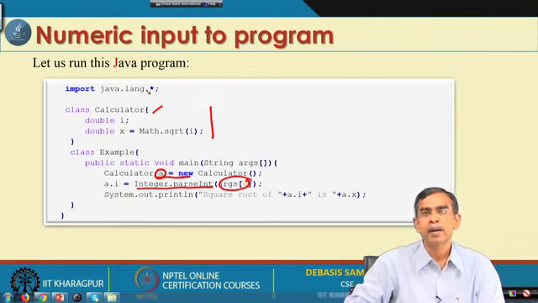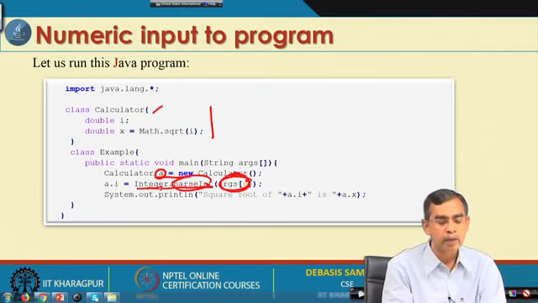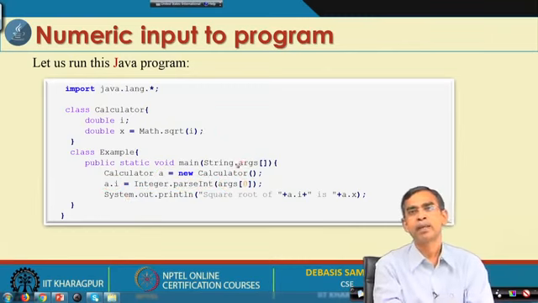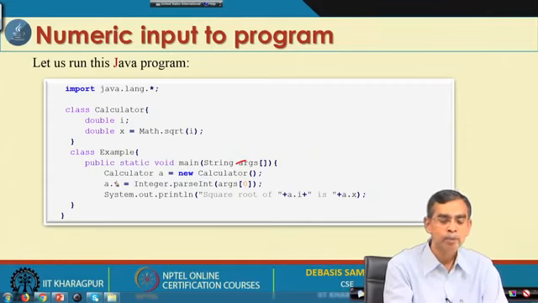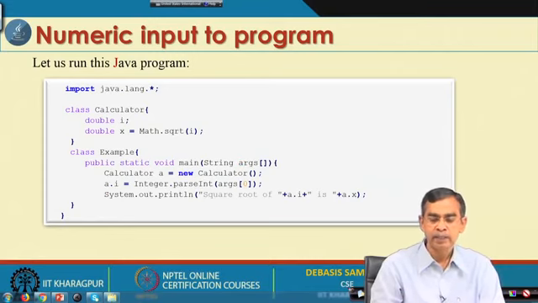So, Integer.parseInt basically takes a string object as an input and parses it, and after parsing it will return an integer value, which is then stored in a.i. Here we can see that arguments passed from the command line as input will be passed to the object's value, namely a.i. So, the objects will be initialized.